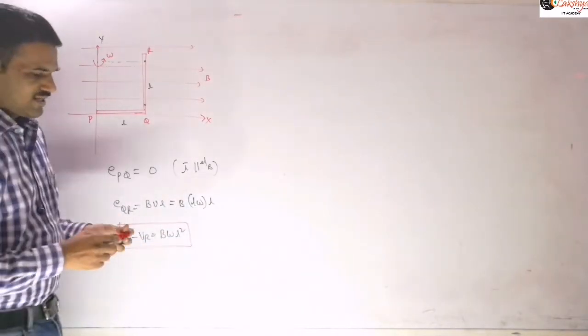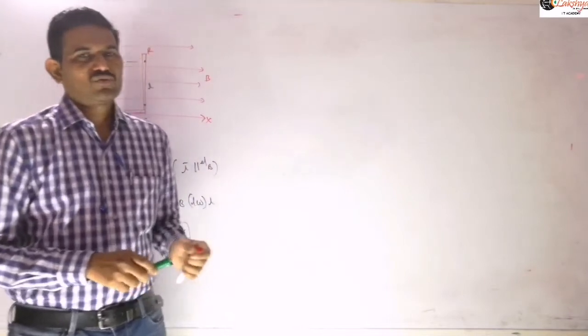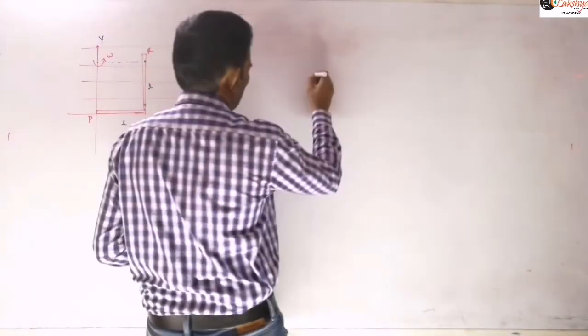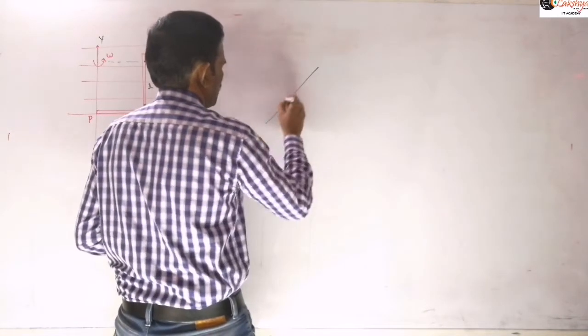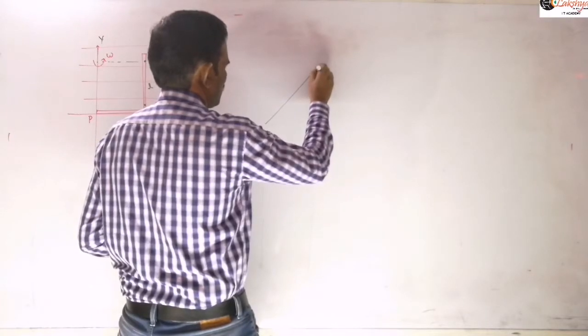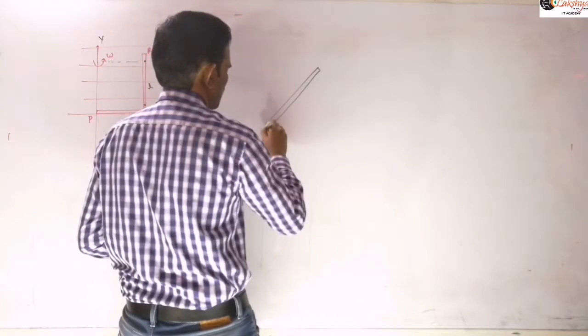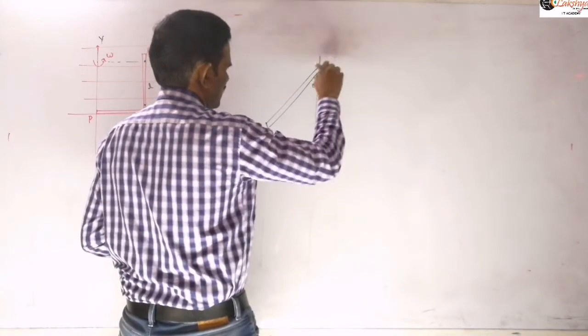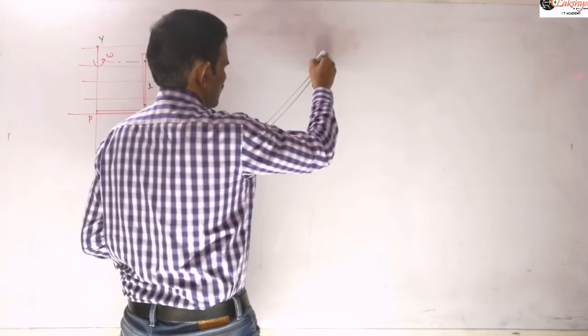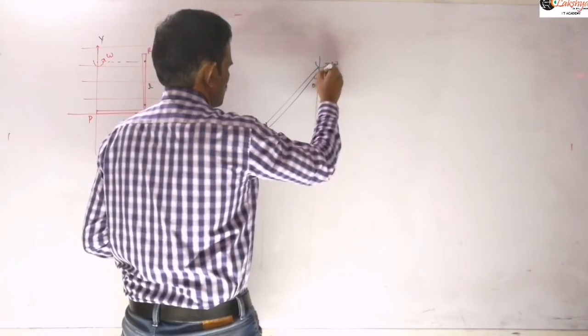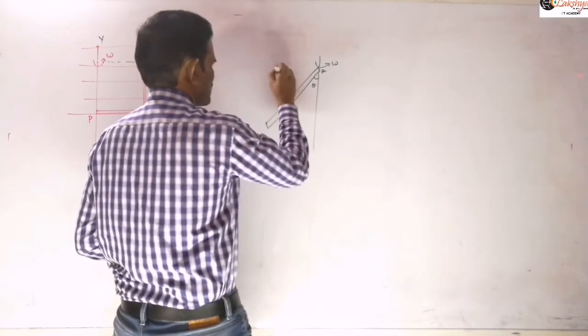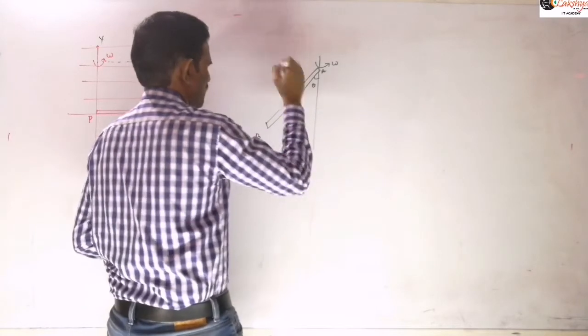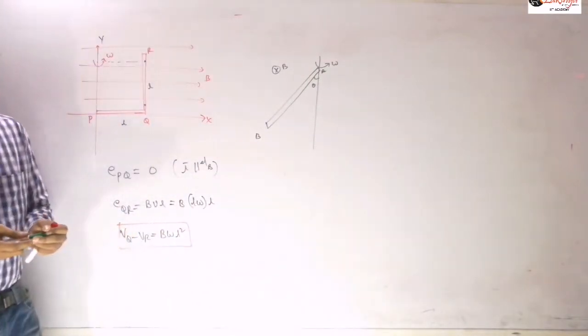Now there is another situation, when the rod is rotating like a conical pendulum, or like it is rotating like this. Let us say it is rotating about this vertical axis at a fixed angle theta here. So just write this. Let us take the magnetic field into the plane. Next, let us write this problem.